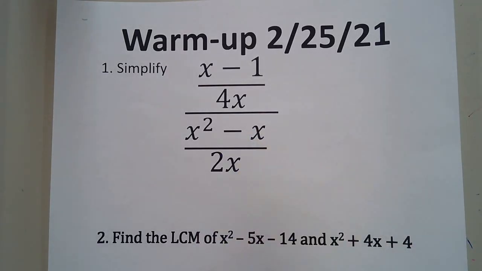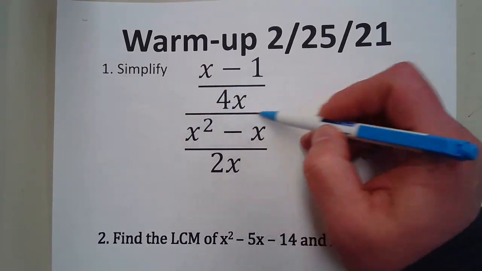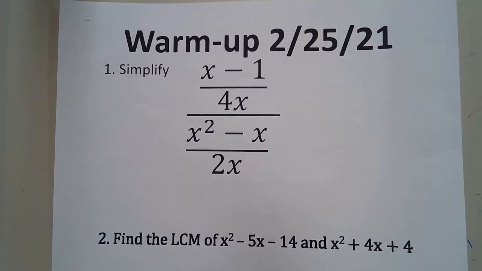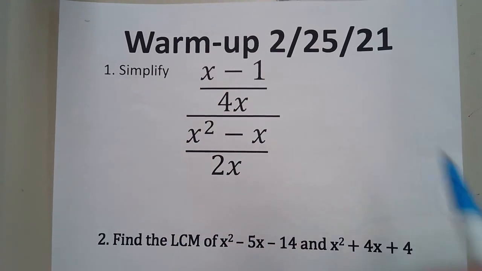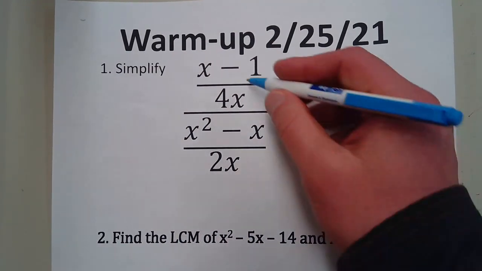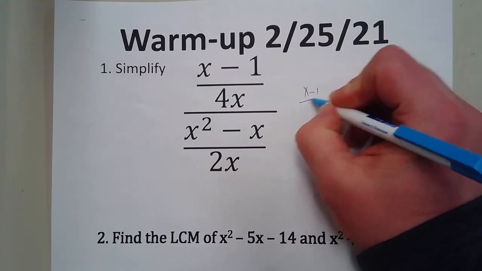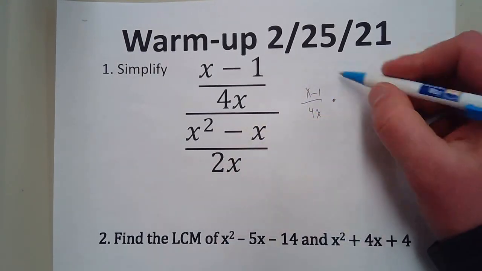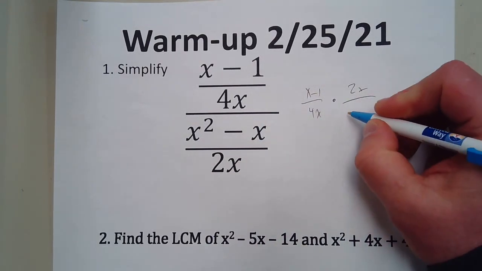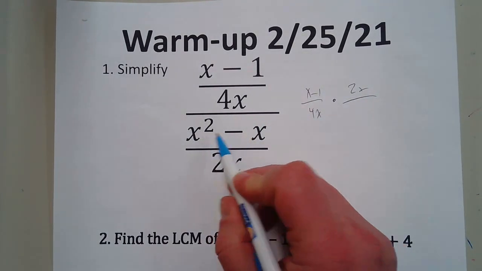So anyway, this is a fraction divided by a fraction. And so what we're going to do to solve this, anytime you have a fraction divided by a fraction, you want to change to a multiplication problem and invert it. So I would rewrite this as x minus 1 over 4x times, and then just go ahead and flip this over. So it's going to be 2x over,